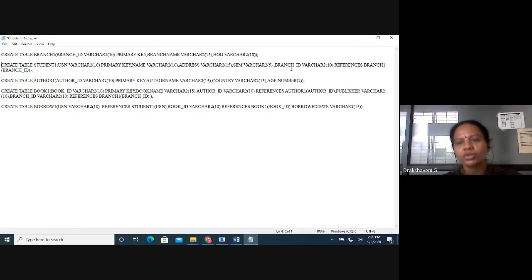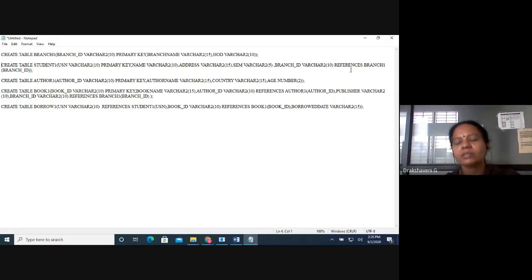Which branch do you belong to? Second sem, third sem; you may be MCA third sem, CS third sem, IS third sem or EC third sem. That's what we uniquely represent, so we require a branch ID. Branch ID is already there in some other table. Suppose in our college we have 8 branches, then I should have only those branches present here. Suppose I say architecture, or let us say BA, and BA is not there in our college. Then I cannot give that here as a branch ID.